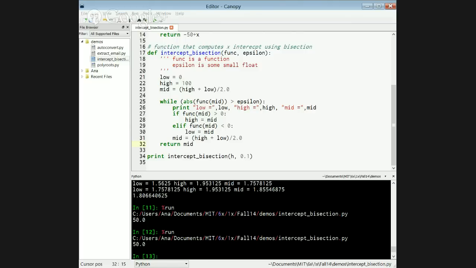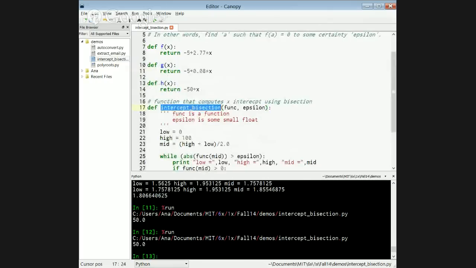Let's see. I'm going to take a quick look to see if there are other questions. Why did we use func as an argument? Well, I wrote this function intercept bisection to be useful in the future. So for it to be useful, I decided that I would allow anyone who uses it to give it whatever function they wanted, as long as it's a linear function